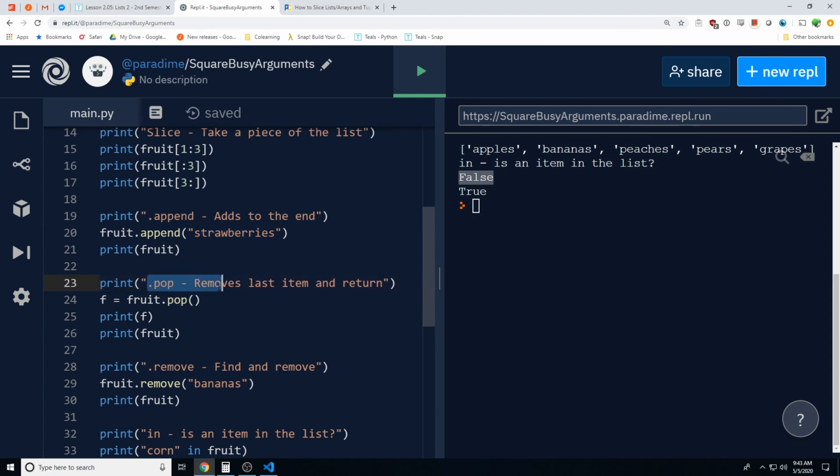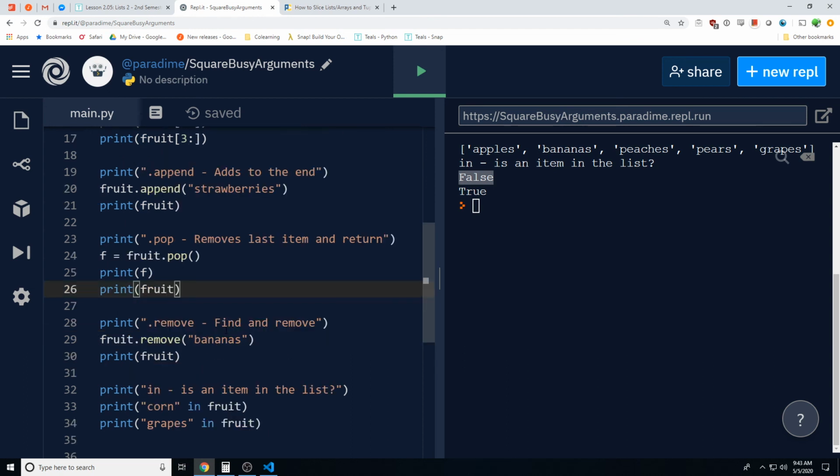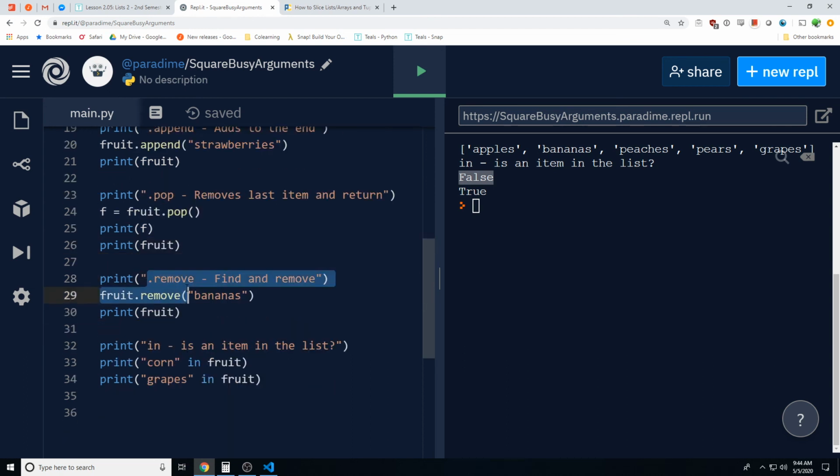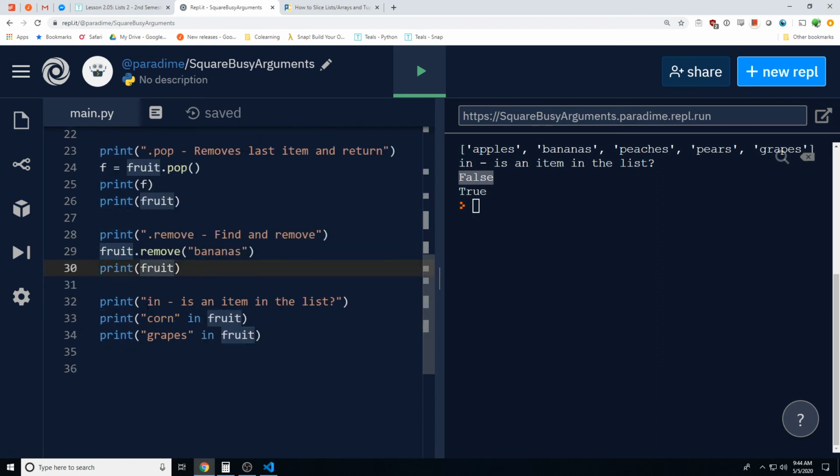The last one we can pop stuff off and return it. So I call the .pop method and I get back whatever the last item was, if I care about it, and it'll remove that last item from the list. Then if I know what I want to get rid of, I can use the .remove. So I just call .remove on fruit and give it a value that I want to get out of the list, and I can go ahead and print that. And then the last thing is if I want to just check to see if something is in the list, then I can use the in keyword to see if a value is in the